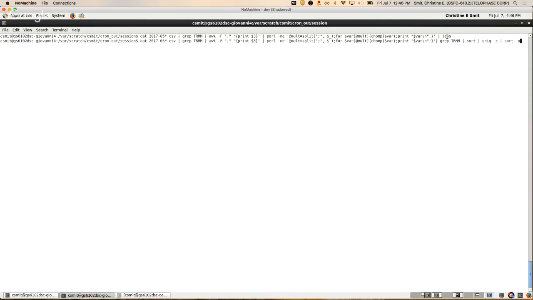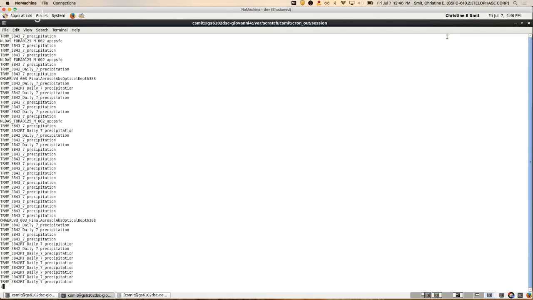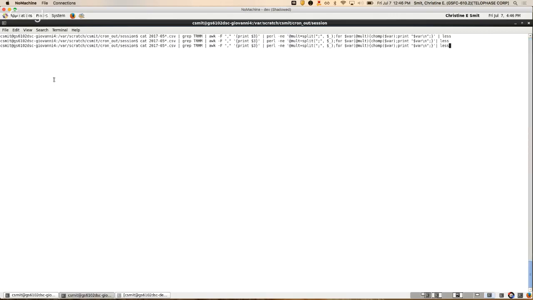So where was I? Okay. So if we look here, there are some lines that are now no longer trim because somebody picked a trim variable and an OMI variable. So we're going to search for trim again.